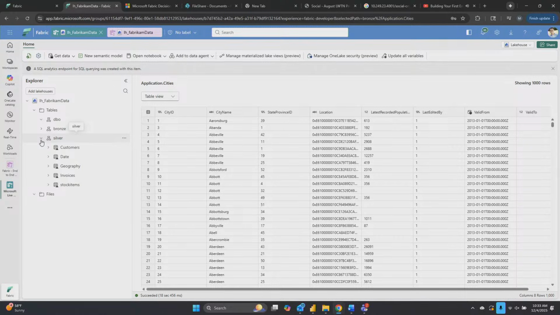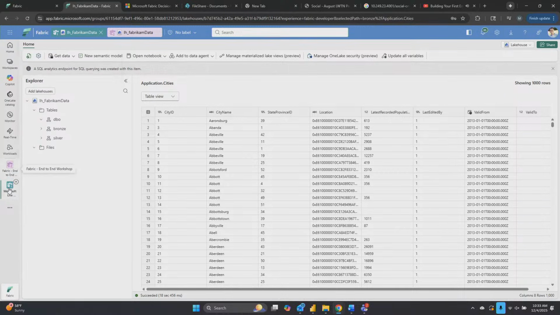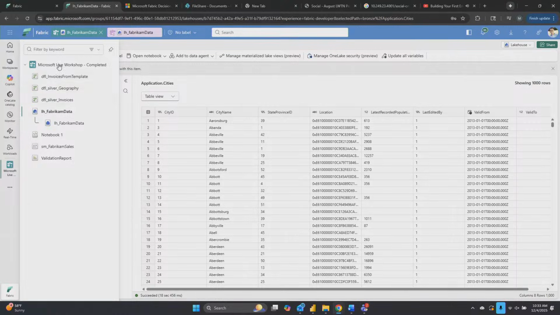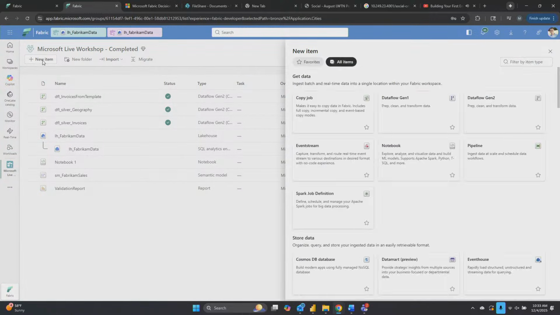So we don't need to pivot. What we'll do is I'm going to go back to my workspace, so if we go back right here to, let's see, Fabric end to end, is this the completed? All right, so I'm going to close that one for confusion's sake, and I'm going to go back here. If I go back to the workspace right here, remember this is where we can go to create a new item. And so I can create a new item right there. And when I create a new item, I want to create a Dataflow